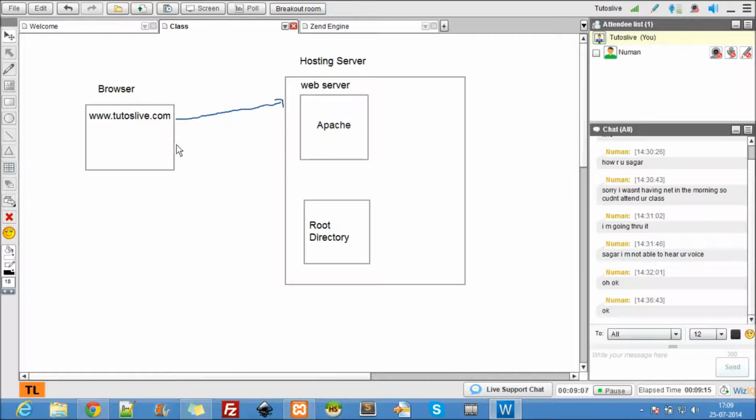So you request a file, and the request from the web server is passed on to the root directory. If it is an HTML file, it is given back to the browser, because the browser can only understand HTML.